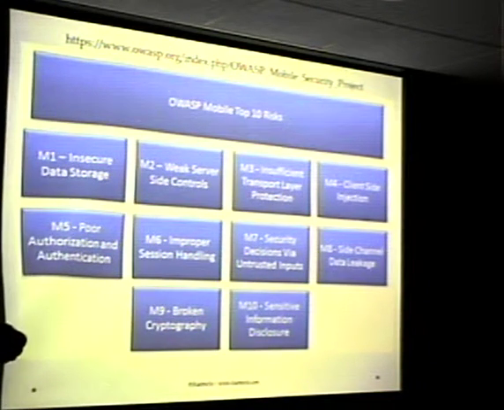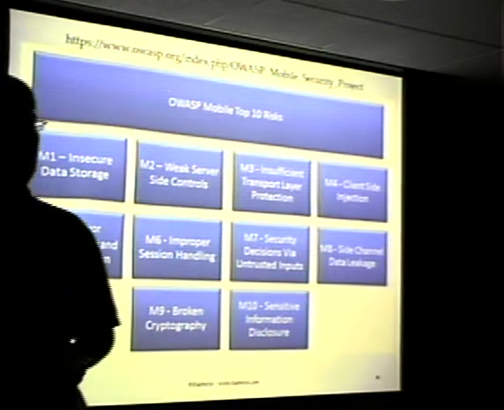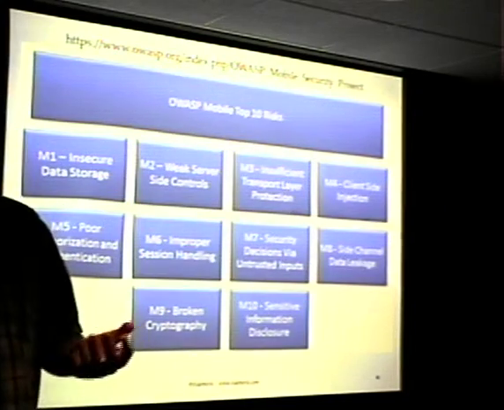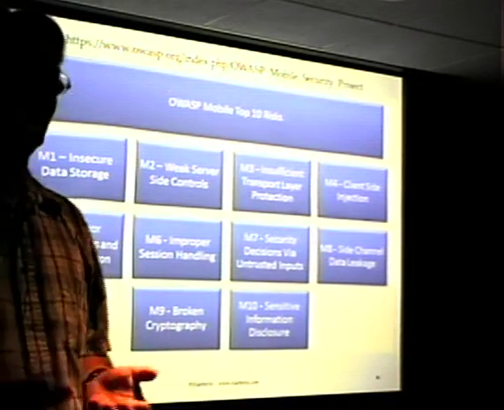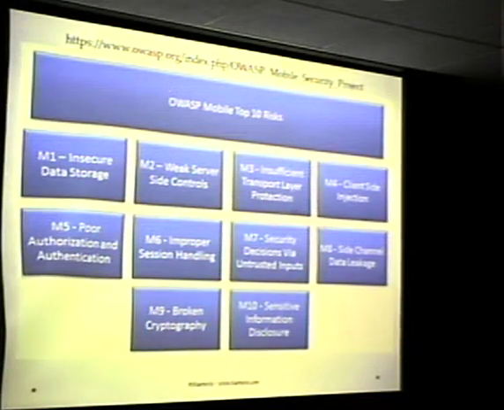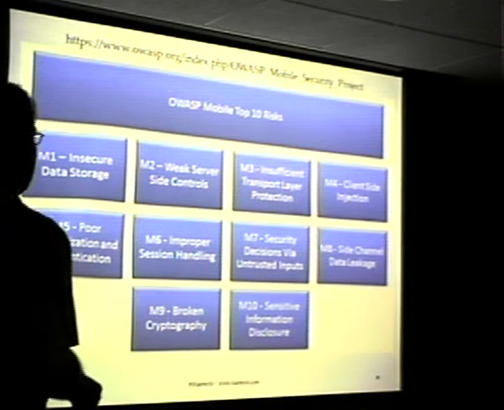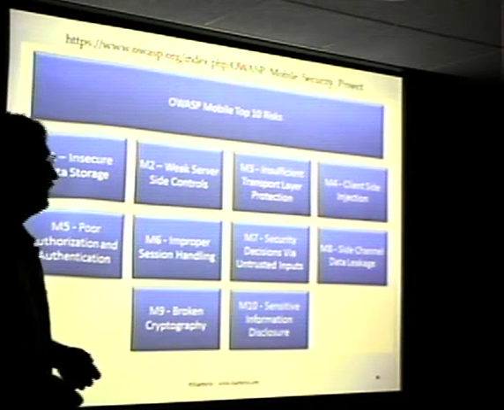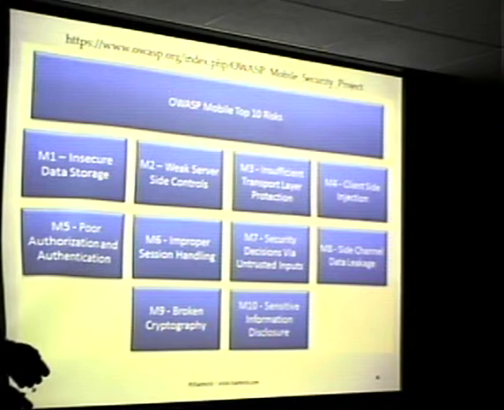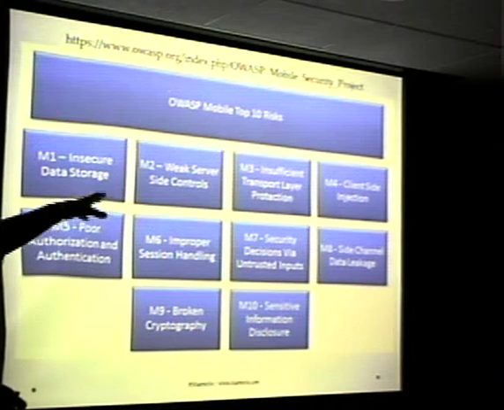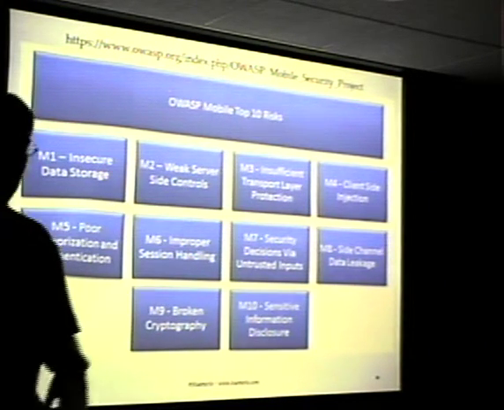Most of them are the same classes of vulnerabilities as we get on websites, but there are things like insecure data storage, not encrypting data correctly on the client so that other processes can get in and read banking information or whatever. The biggest things that are out there are crypto and session related,